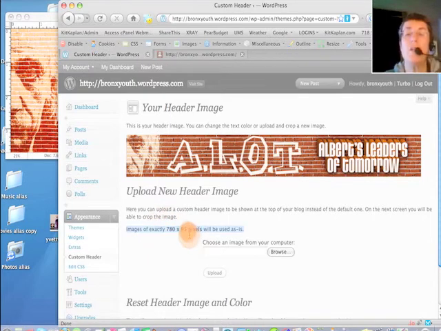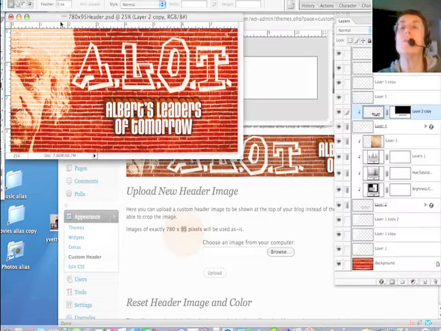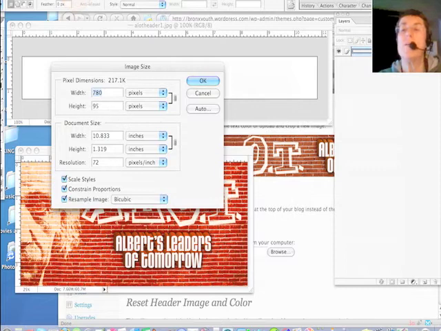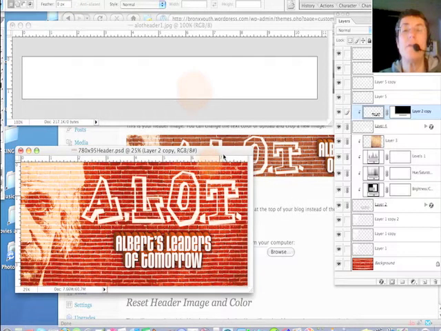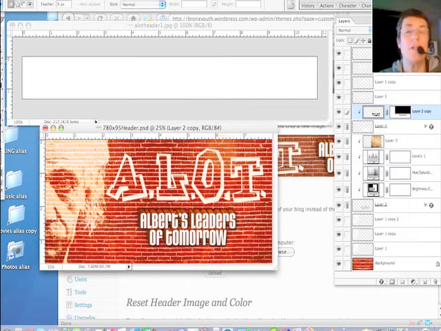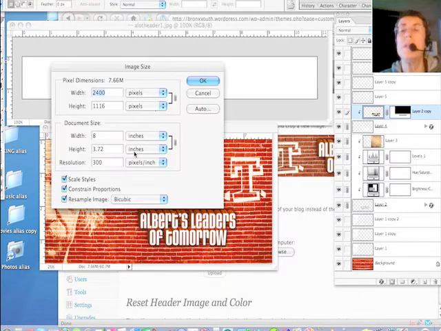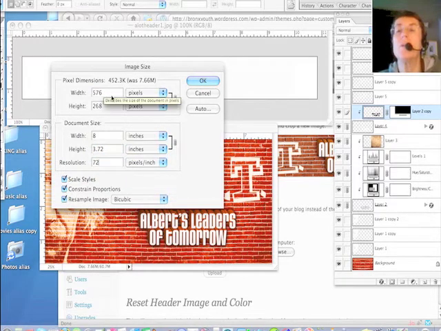Each header for each theme has a different size. So the first thing we're going to do is create our image 780 by 95, 72 dpi. Now we have a file here prepared that's 300 dpi. It's a little bit large, so we're going to bring it down to 72 dpi, and we're going to make the pixels